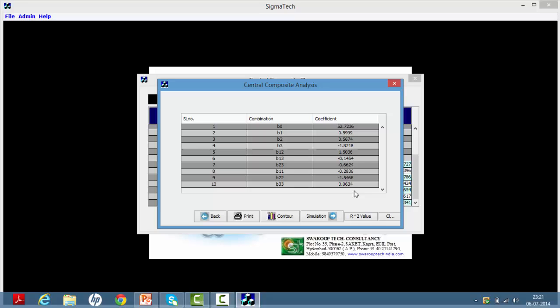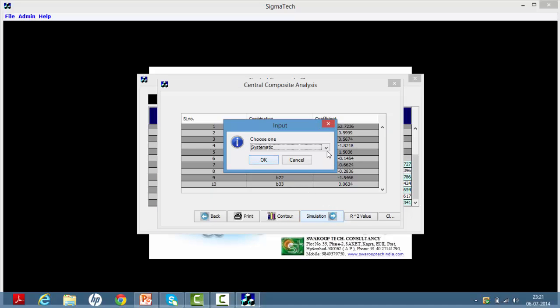Now we are going to use these coefficients and create a simulation, and we're going to now click on simulation,